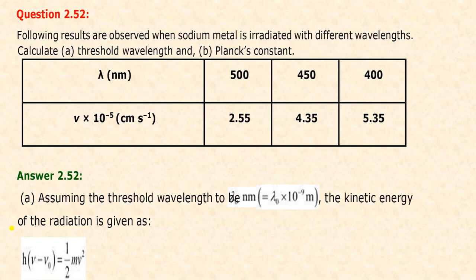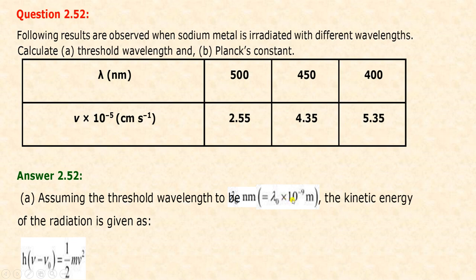Now next question is question number 52. The following results are observed when sodium metal is irradiated with different wavelengths. Calculate threshold wavelength and Planck constant. So here in this question, wavelengths are given, and velocity is also given. So here we will assume that the threshold wavelength is